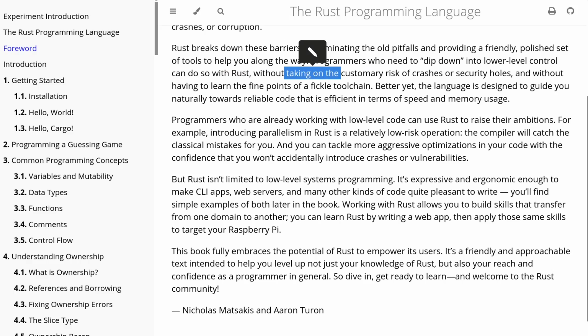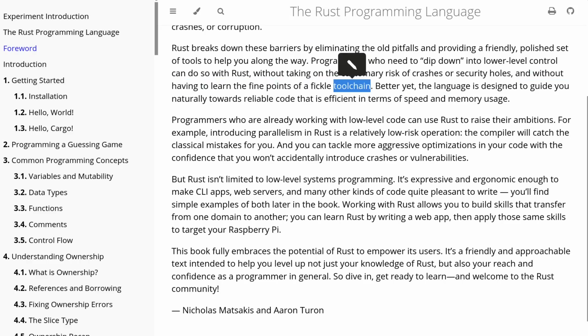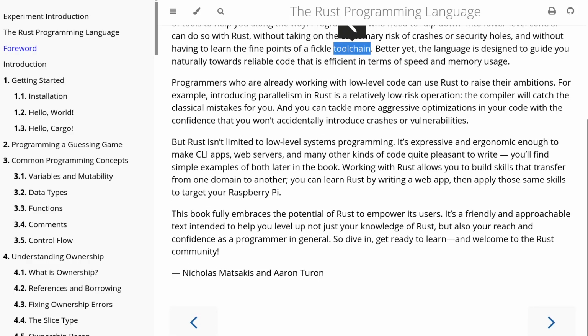Without taking the cautionary risk of crashes and security holes, and without having to learn the fine points of C toolchains. That's true. The Rust toolchain is much better than C ones. C sucks. I don't know why we're still using that. Anyway, better yet, the language is designed to guide you naturally towards reliable code that is efficient in terms of speed and memory usage. Programmers who are already working with low-level code can use Rust to raise their